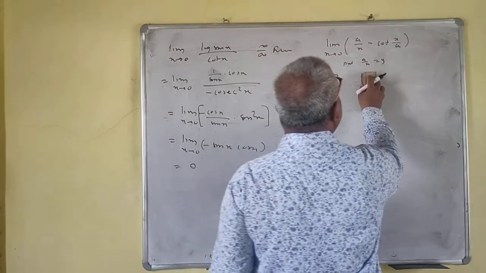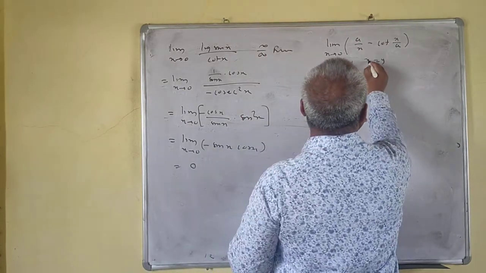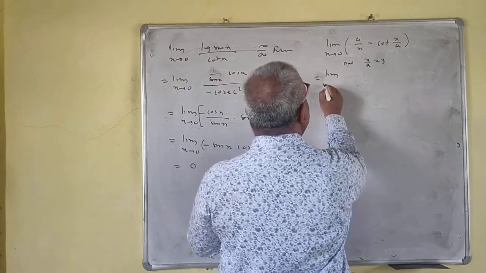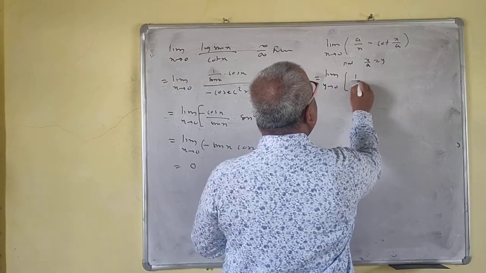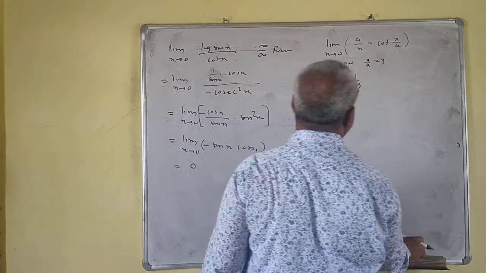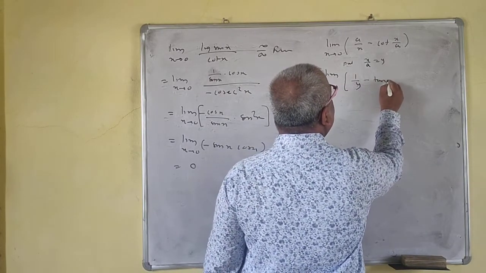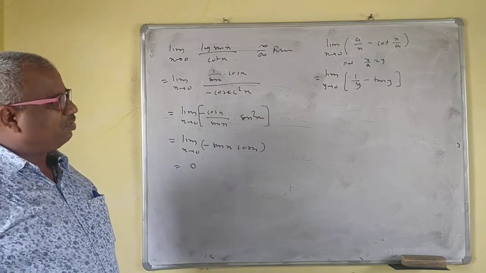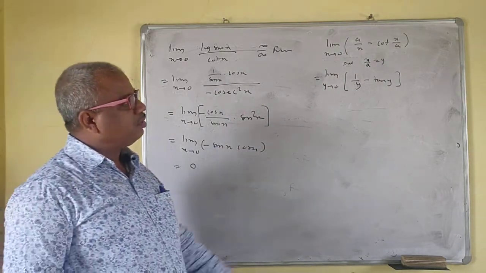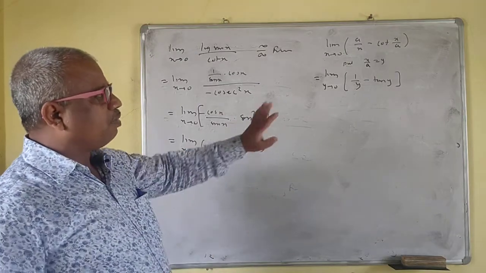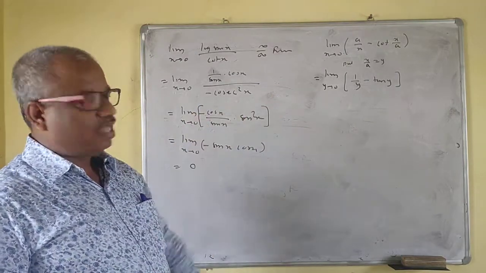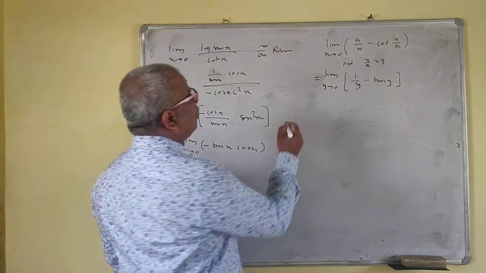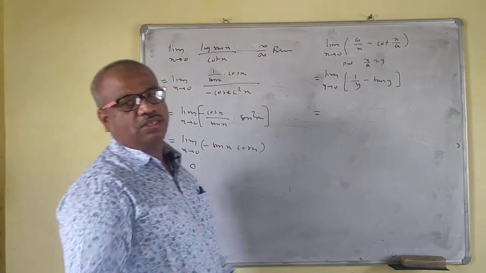Okay. So instead of x upon a is equal to y. Then y tends to 0. So this is 1 by y minus tan y. I will write this because the angle is h by, and it becomes complicated for taking the derivative. So we'll do this one. It is no problem for this one. As x tends to 0, y also tends to 0. The value of this limit is the same as the value of this limit. No problem for this one. No need to resubstitute this.